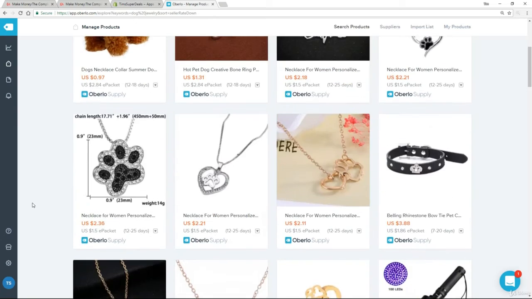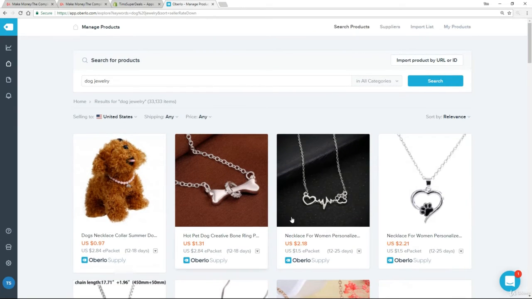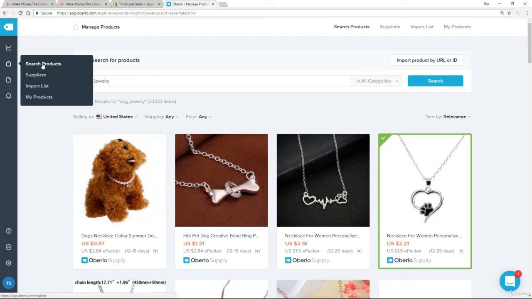But now if I want to import, this is very straightforward. Let's just say I was interested in this necklace. All I would do is click on Add to Import List. So I'll do that right now. What it's done is taken that product from Ali and put it into my import list. My import list, if you like, is that holding area that I was talking about. It hasn't quite gone onto our site. And I can make that even clearer by showing you what the import list looks like. So again, back over to this menu and you'll see we've got import list. So if I click on this,